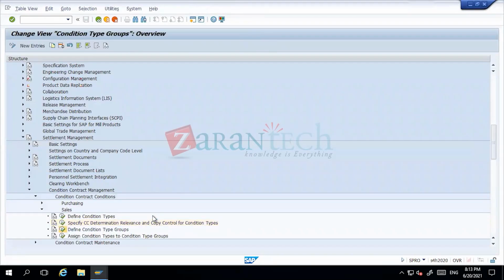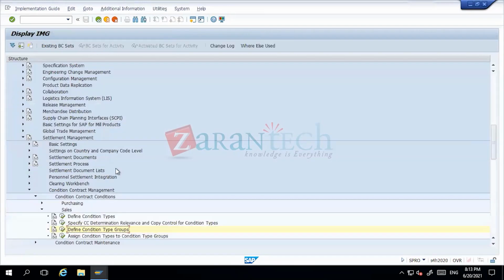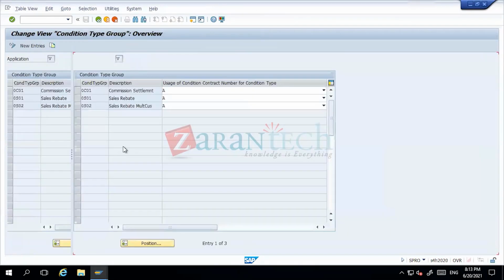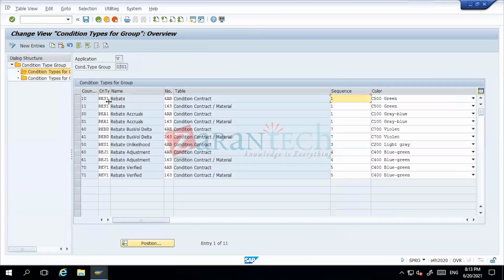Next, I define something called condition type groups. So I create a condition type group, which is standard OS01, which is for sales rebate. And you assign all the condition types to the condition type groups. Under this OS01, what are the condition types for the group? RES1, REA1, which will all have these tables. So when I see this particular table,